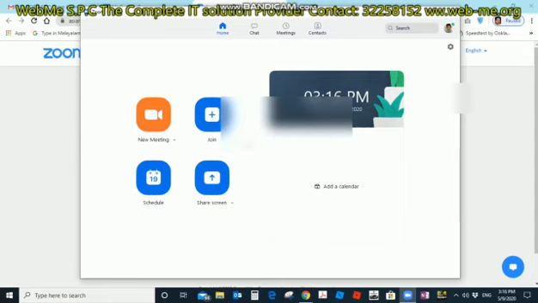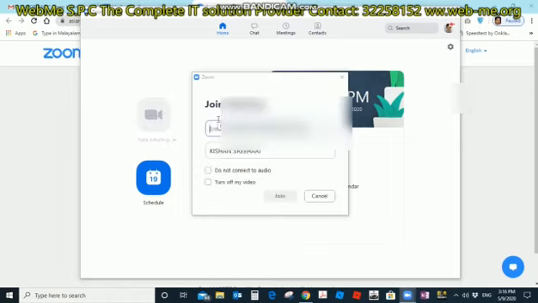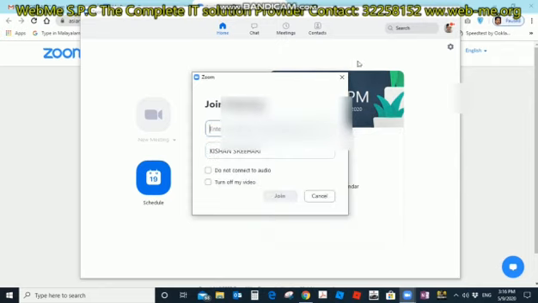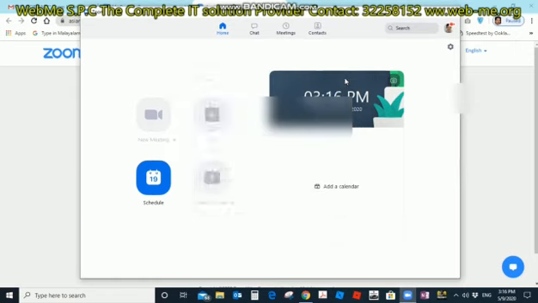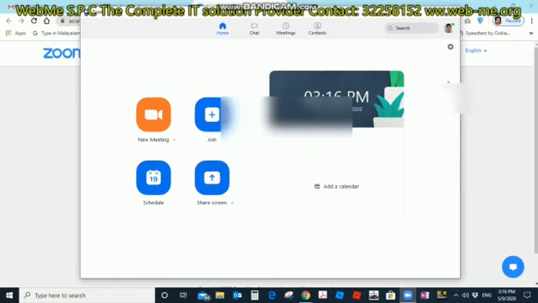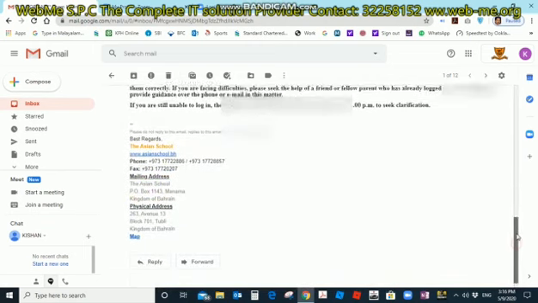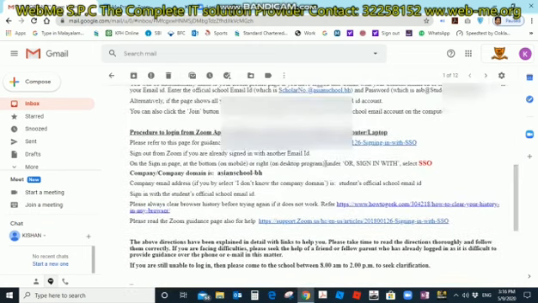I think you all know how to do the next step. So tomorrow for the next class, you can go to the join button, and enter the teacher's meeting ID and password, and the kids can join the class. I think this is all clear. There is some possibility of getting an error, which is explained in the school mail itself. If there is any error like that, you can clear your history and check it again. Otherwise, it's all okay. It is easy to do.